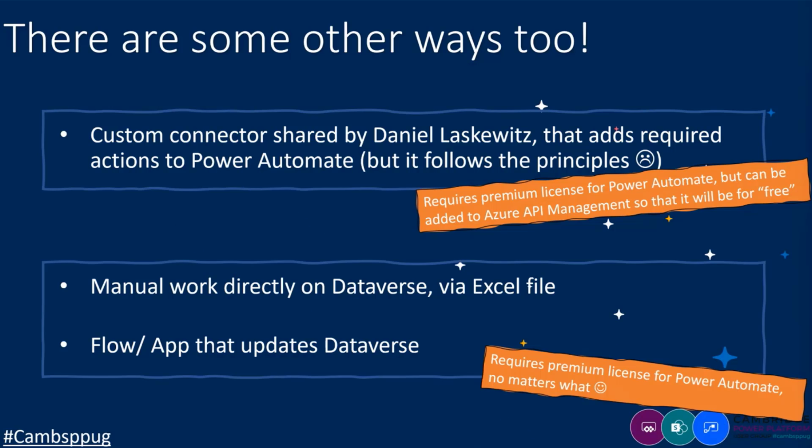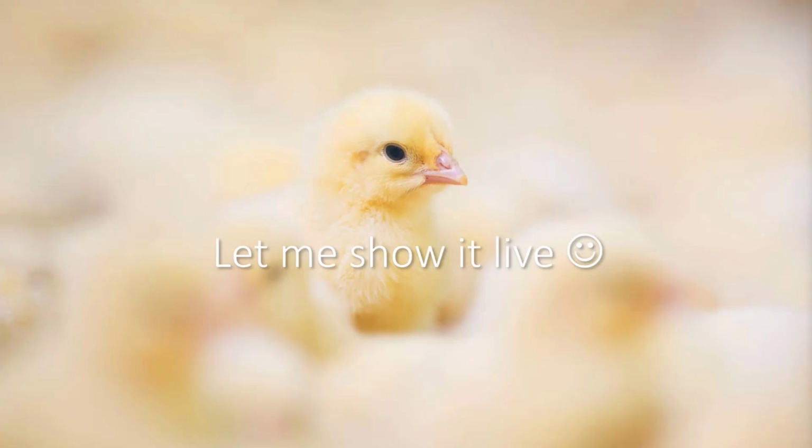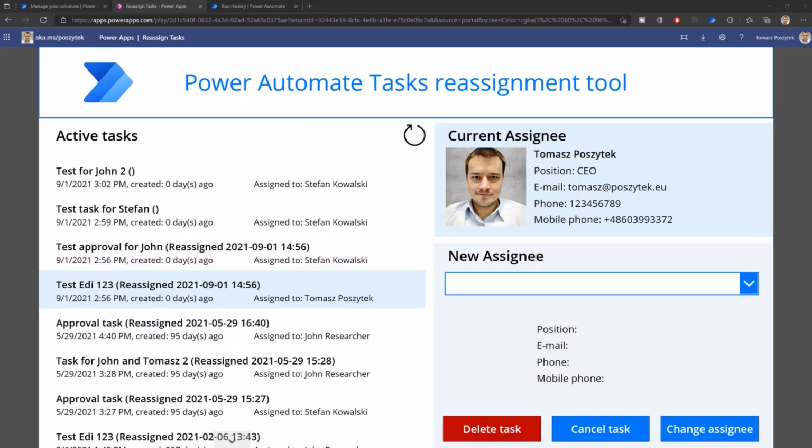And also there are some ways that we can follow using simply Dataverse. So we can directly work on the Dataverse tables. We can open them to edit in Microsoft Excel, so load all the data from approval requests into Microsoft Excel and then update the records. Or we can as well create flows or plug-ins which will be following those 2 actions that are always happening if the task is reassigned. And having that said, I will simply go to demos, and that hopefully will help us to understand better.